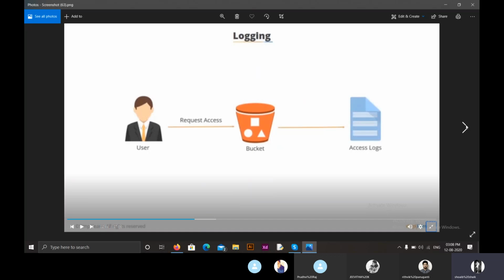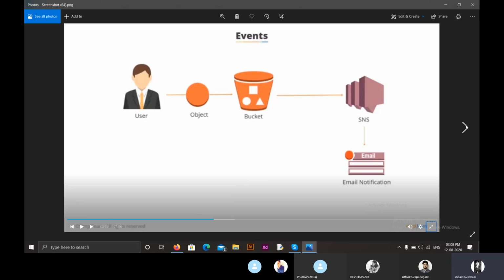As you can see here, we can have logging. This logging helps to encrypt our data that is present in the bucket. Now coming to events, we can access events, and through encryption, we can know what changes we have done to our data that is present in the bucket. As you can see here, if a user changed any object in the bucket, then we get an email notification. So through this, we can assume that our data is completely protected in the bucket, and this proves that security and encryption in the S3 bucket is safe in Amazon Simple Storage Service.